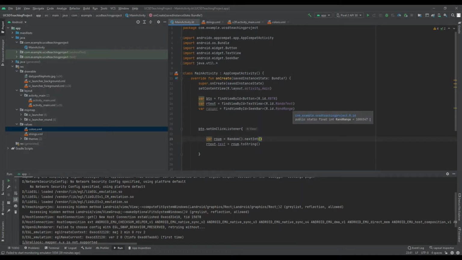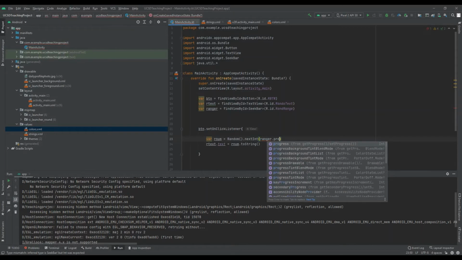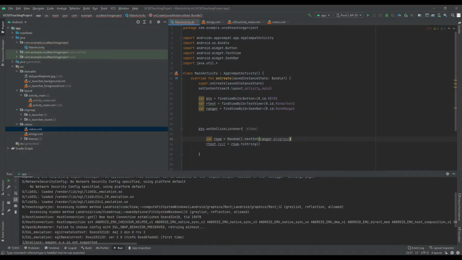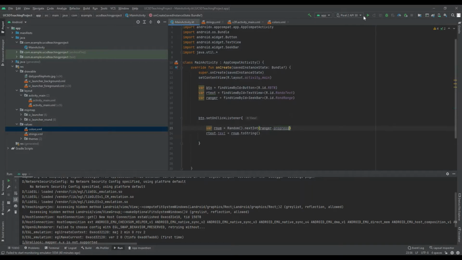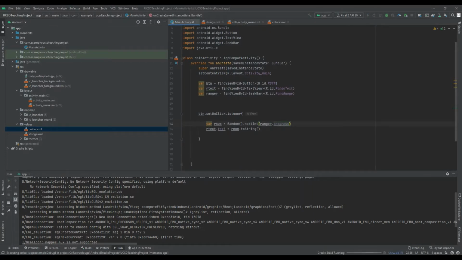You might be asking. Well, we have to type in ranger, because that's the variable we set our seek bar to. So we have to say ranger dot progress, and that's all, because that progress is our integer. So if we run this,